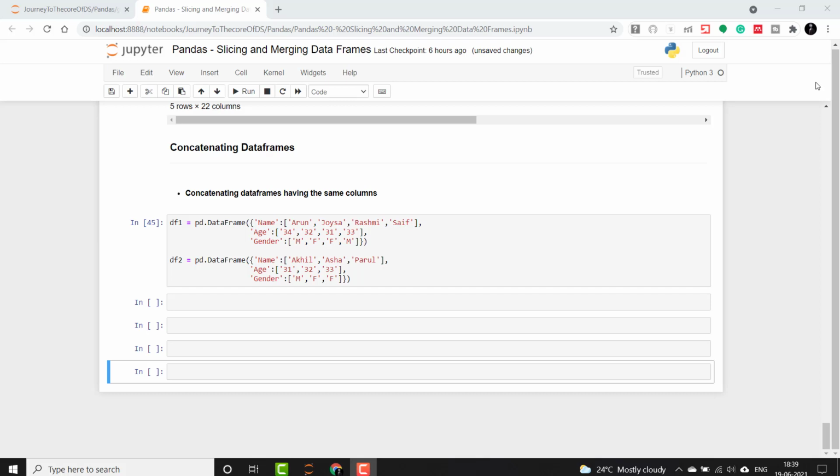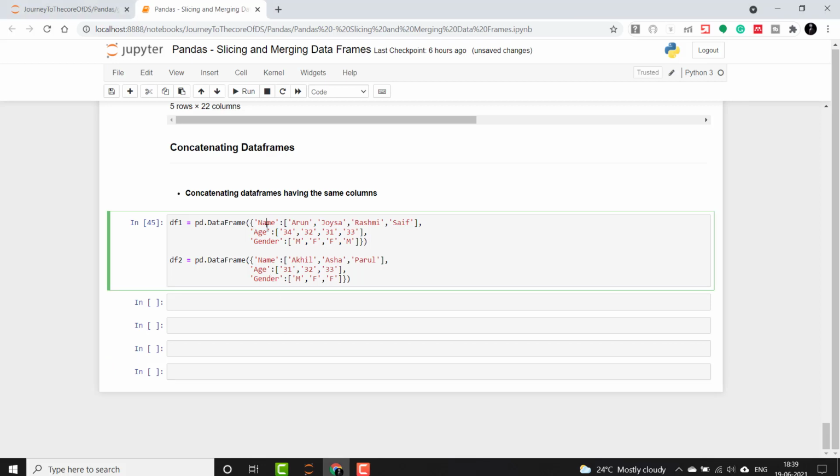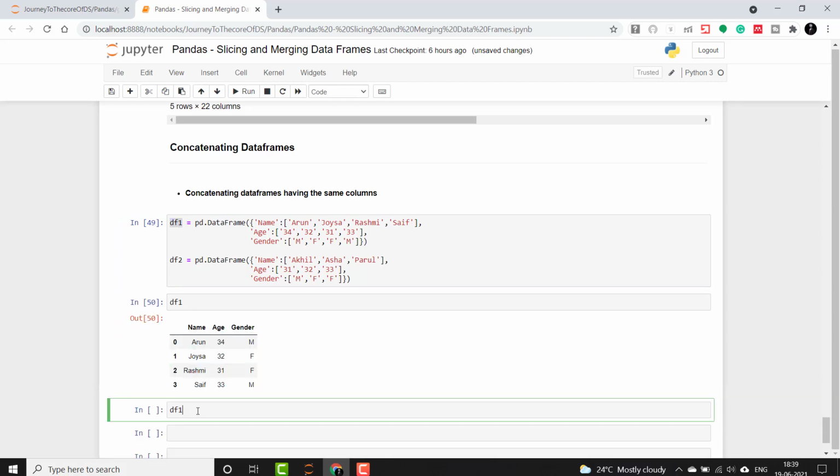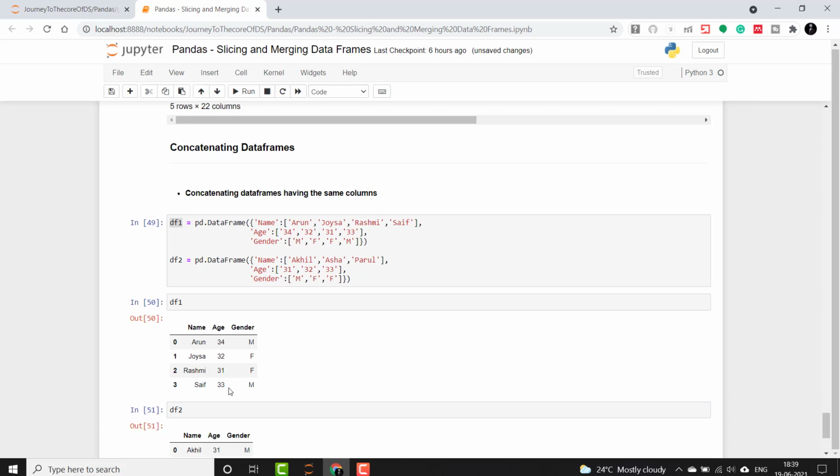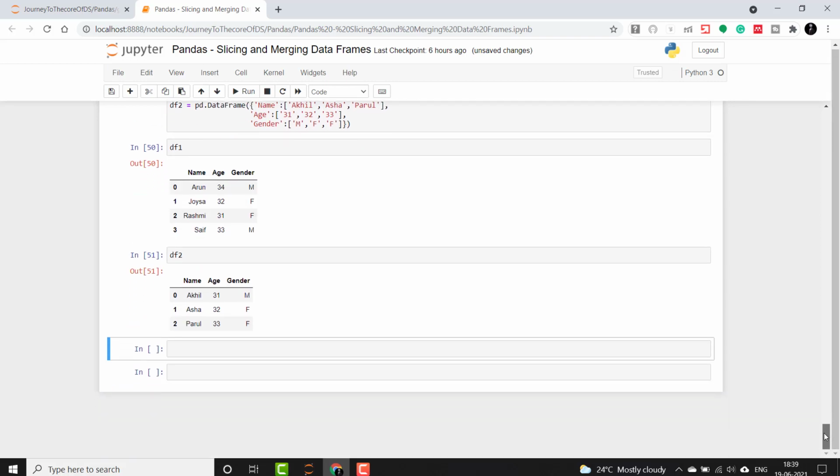So we will try and concatenate data frames having the same columns. So say we have two data frames having the same columns like this, okay. So let me execute it and let me show how it looks. So one of the data frame is this and the second one is this, and let's say that I want to concatenate the second data frame just below the first data frame, okay.